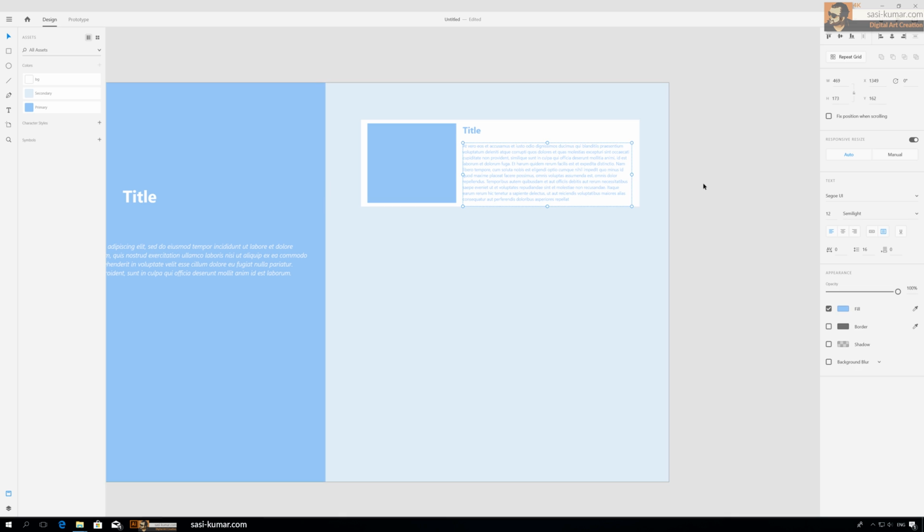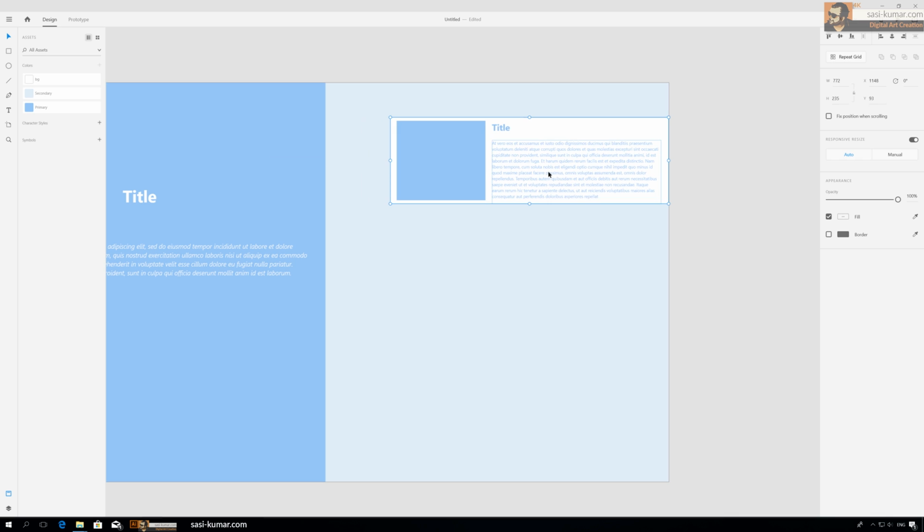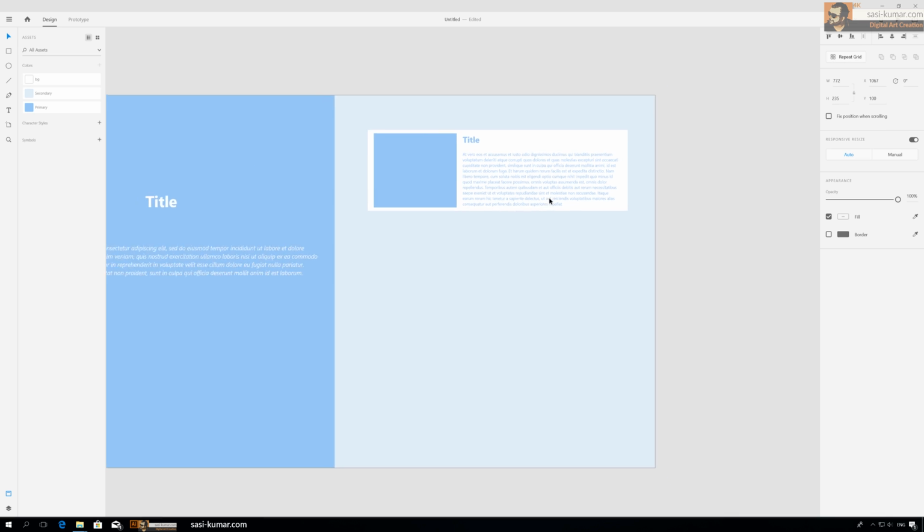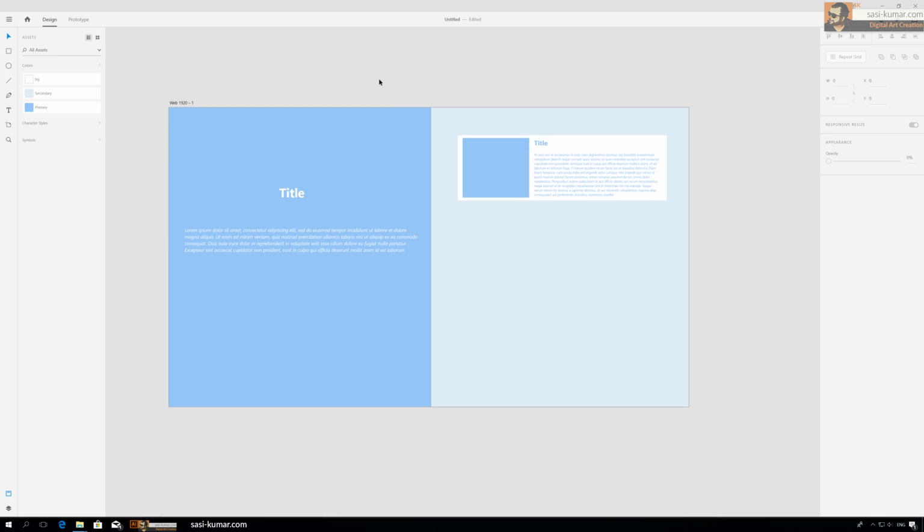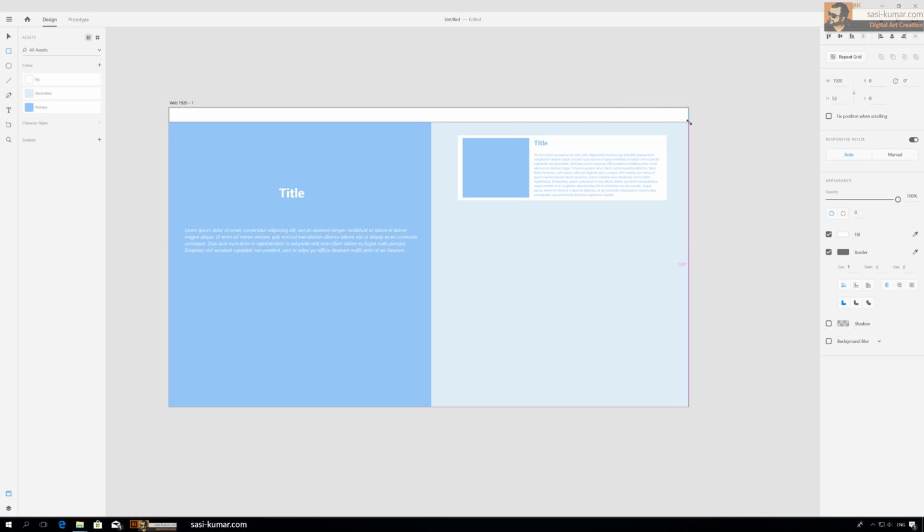So we just leave this, and now what we have to do is group this one first, and let's repeat it. Also guys, I forgot to add one more thing. Let's have a header and footer, so then we can define the scrolled area. So I just have a header, and apply a gray, maybe white color is fine, and just remove the border,